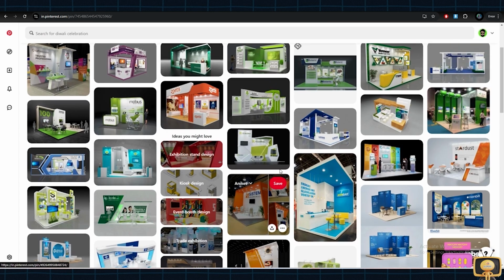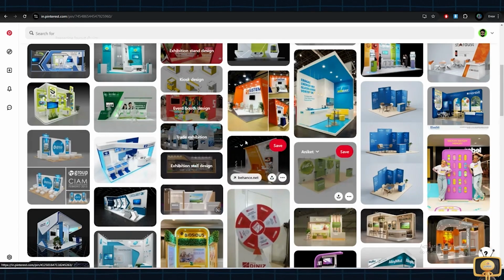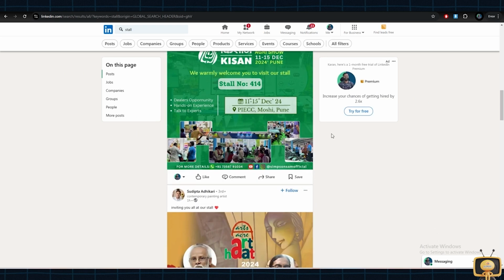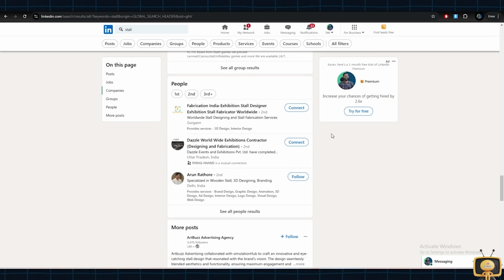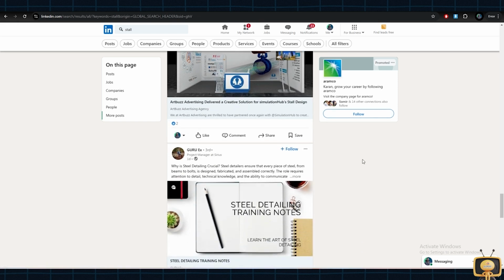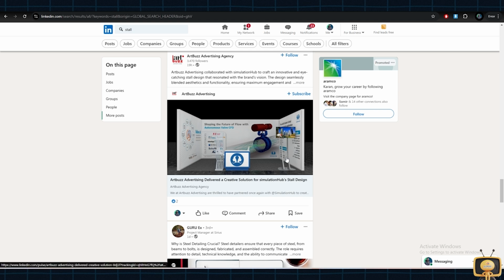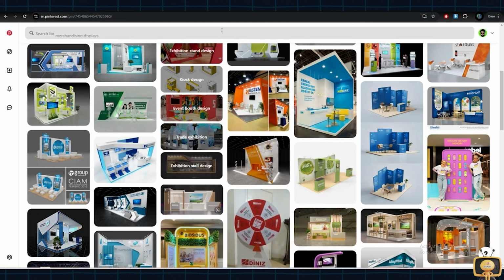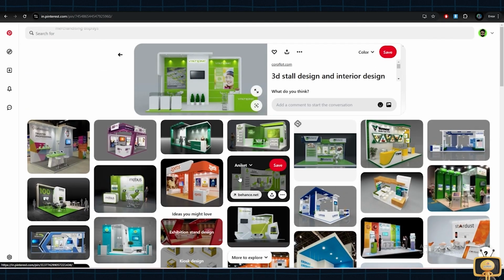In Pinterest, as you can see, there are many designs shown by the search engine. Here is a 3-wall booth with a table in between, a browser stand, and a LED that is around 22 inch. Let's go to Pinterest because we have found many examples there.